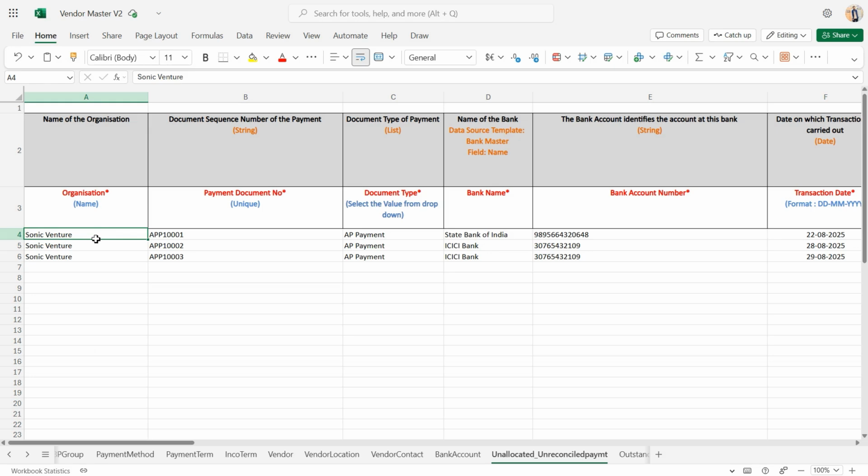For example, Sonic Venture. The next column is Payment Document Number. This represents the unique identifier for each payment document. Each number must be unique to avoid confusion in tracking payments. Then we have Document Type, which specifies the type of payment document involved in the transaction. For example, AP payment. The value in this field must be selected from a drop-down list to maintain consistency across